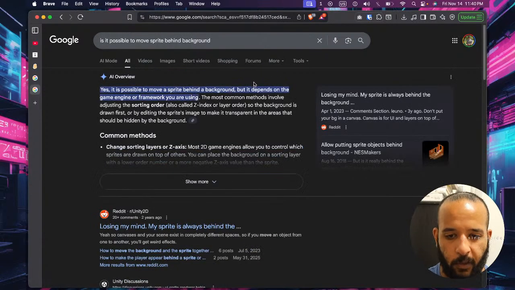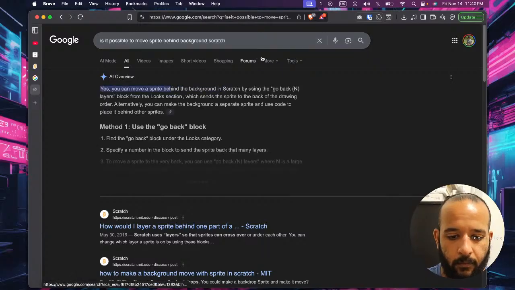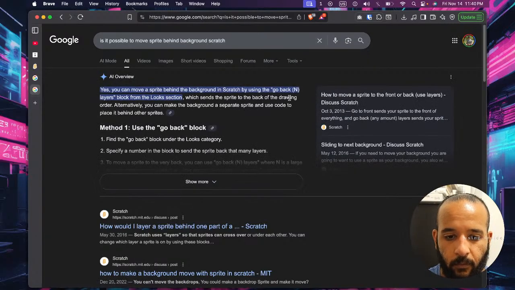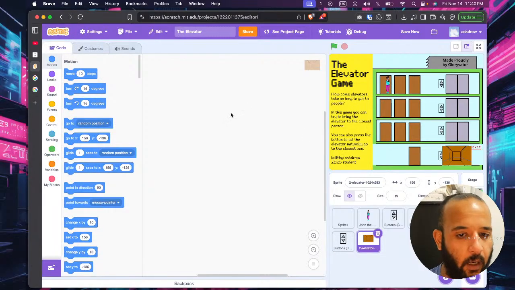Yes, you can move a sprite behind a backdrop, but it depends on the game or behind background Scratch. Which sends the sprite to the back of the drawing order. Alternatively, you can make the background a separate sprite and use code to place it behind other sprites. Okay, cool. So,